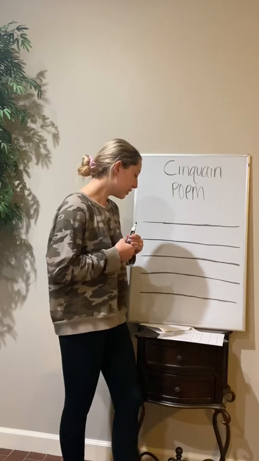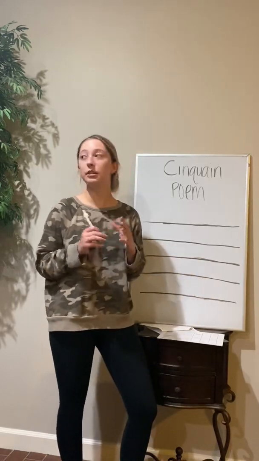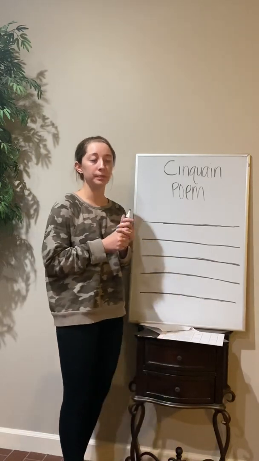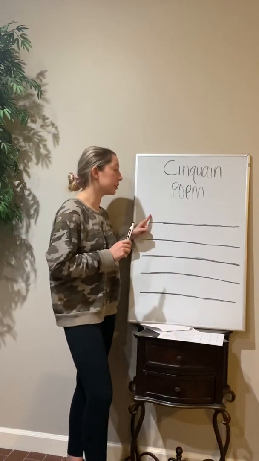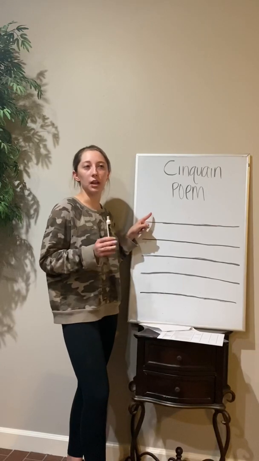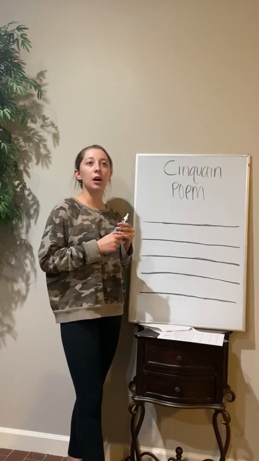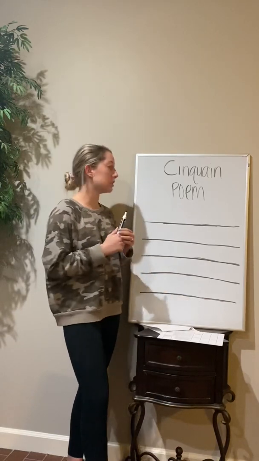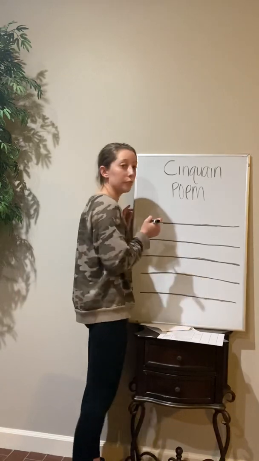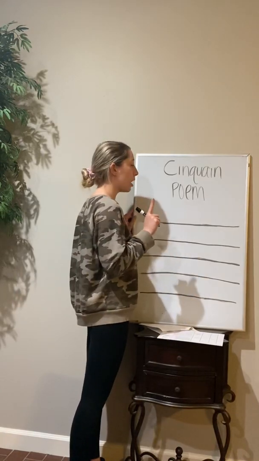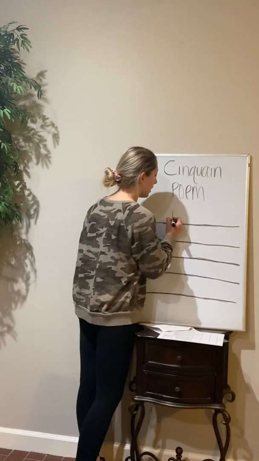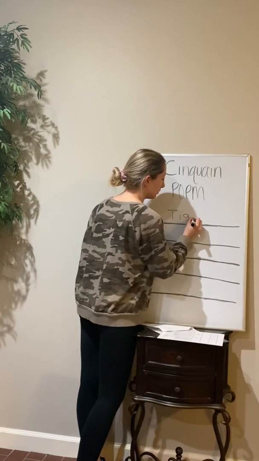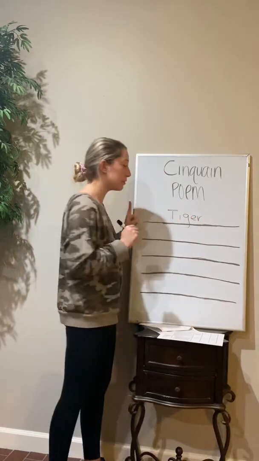Okay, so for our first procedure today, we're going to do this activity together, and we're going to actually create our own cinquain poem. On the first line, we're going to choose a topic that we all like. I feel like one topic that we all would know a lot about, we could use tiger for our example. So for our first line in a cinquain poem, you're going to write your topic, and for us, it would be tiger. Okay, so that's your first line.